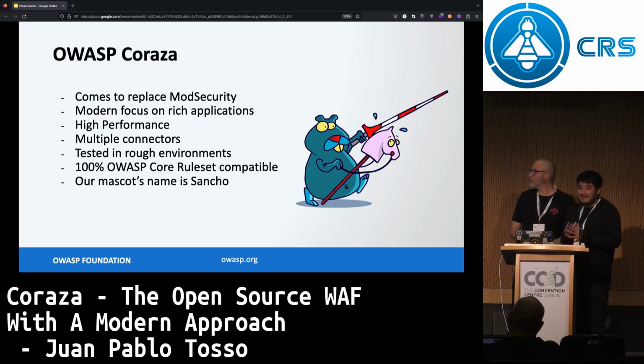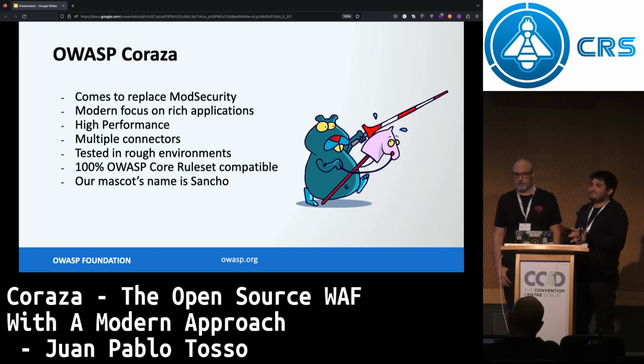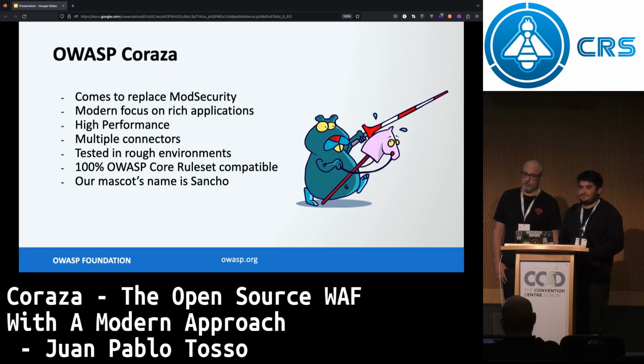Coraza is high performance. It's meant to handle as many transactions as your server can handle. We do support many connectors. ModSecurity supports only Nginx right now, and Apache for ModSecurity 2. We are trying to go to more of a library approach, so you can use it as an HTTP middleware for Golang or directly in a web server.